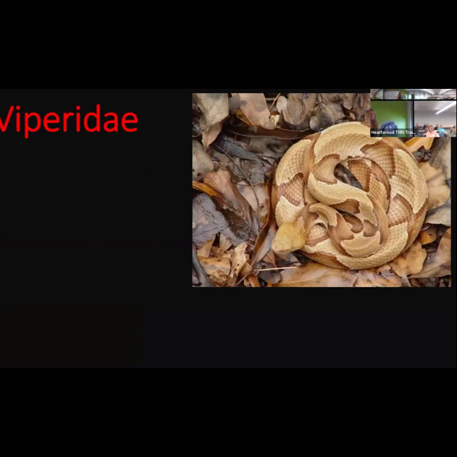These are our vipers, Viperidae. There's 3 here in our area that we need to be aware of. The first is this copperhead. If you have leaves, you have copperheads. They are masters of camouflage. They have this little Hershey's kiss marking all the way down their body. And so if you see a snake with a Hershey's kiss, it is a copperhead.